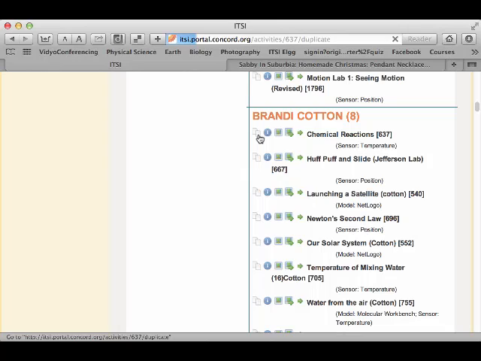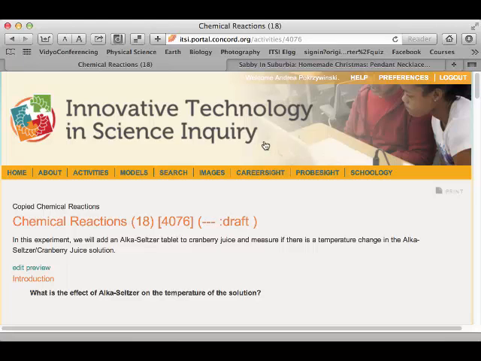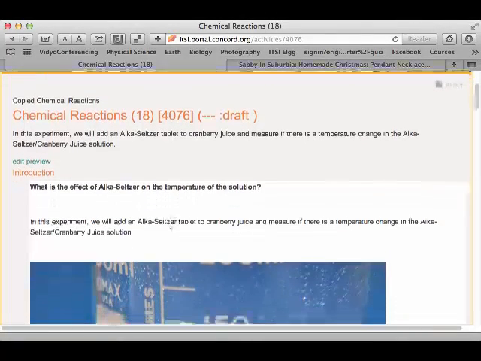and then it should bring this up in the editing feature. Just a little slow on a Sunday morning. Come on. Load. There we go. So now it has made a draft for me with a unique number,